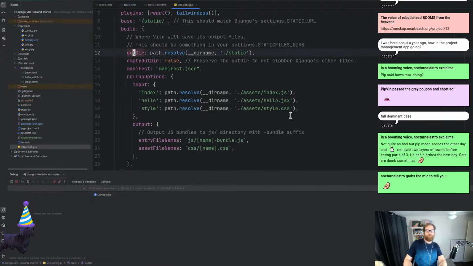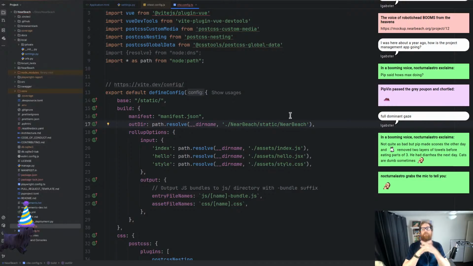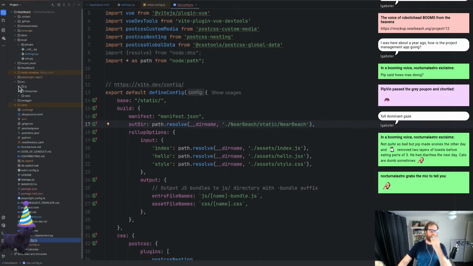And I think we don't need to do that. Now, best practice always states that you should always have a folder in your static folder where everything sort of goes and stuff like that. Yeah, so I'm hoping this works. As for the source,